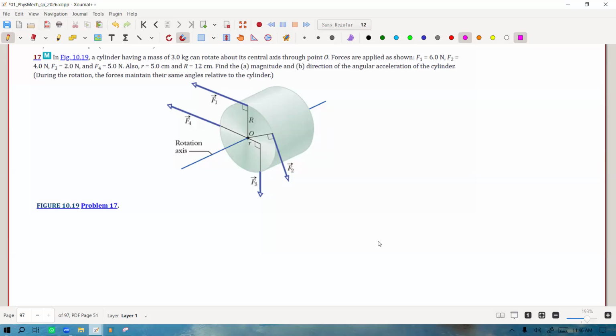Okay, collision. Four topics. The third topic is conservation of energy, inertia. And the fourth topic,